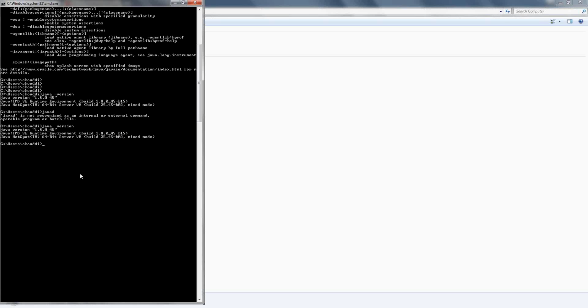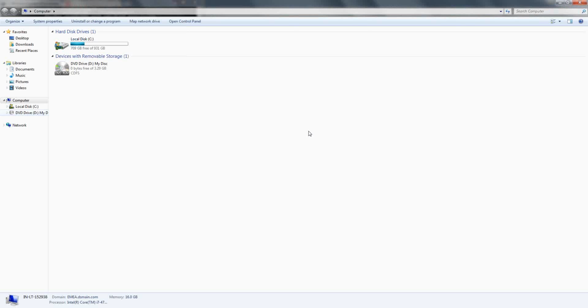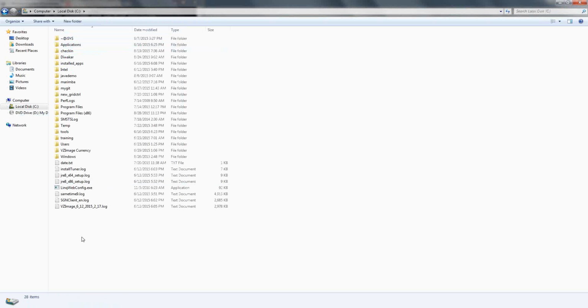First, let me write a simple program, and if you don't understand what I'm writing, or even if you do, just bear with me, we'll be covering other things later. Let me write one program quickly. I'll show you how to run it, how the class file gets created, how to compile it, and all these things. Okay, so what I will do is create one folder here, with the name